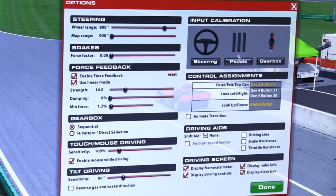So here we are at the iRacing options menu, and you'll see my brakes are set up for 0.0 on the force factor. This is what is recommended by Mark. And I also see that most people in the forums have decided that this was the best setting also. I did go ahead and play with it a little bit just because, and they are right, because when you